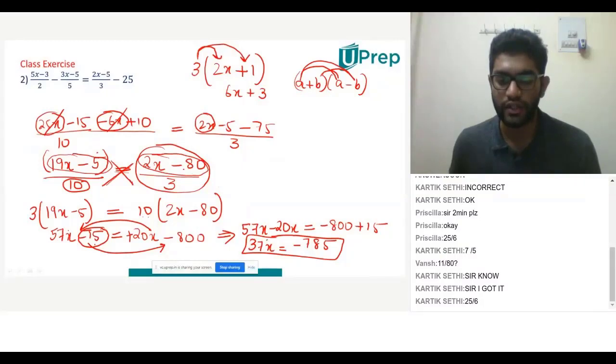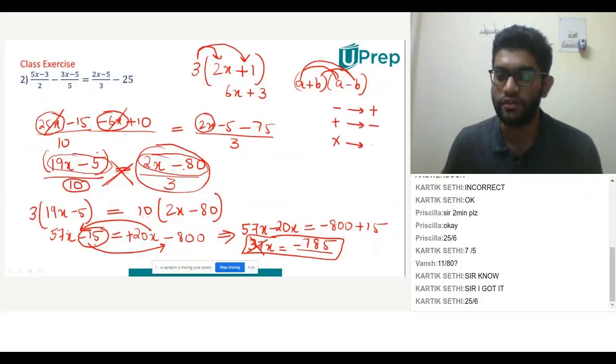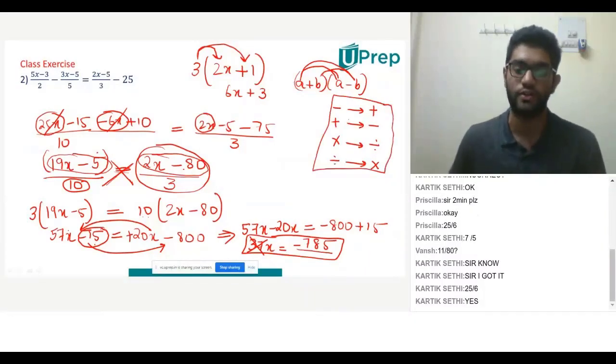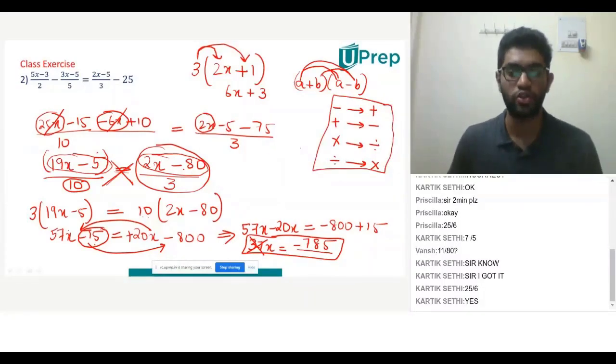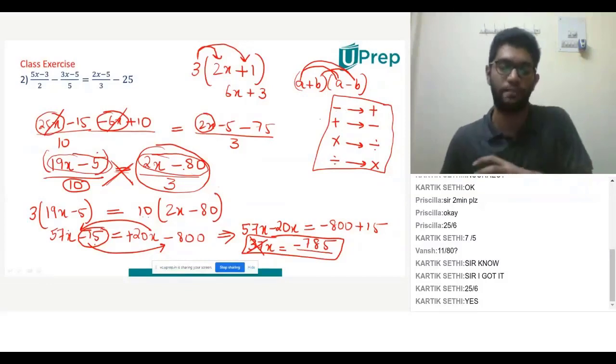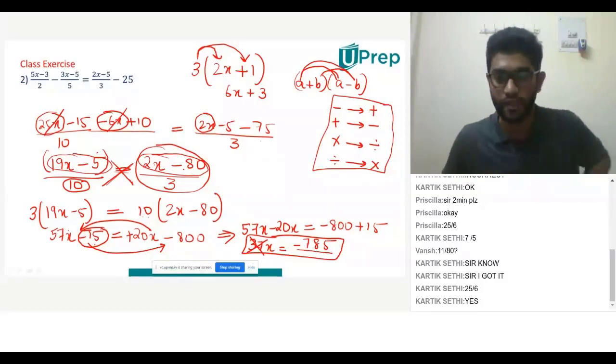So if I have to get rid of 37 over here, I have to divide it on the right hand side. Remember, minus becomes plus, plus becomes minus, multiplication becomes division, and division becomes multiplication. You've come across the change in operations in your previous classes and in my previous class. And I've also told you why these changes happen. So because the concept is clear, we're just trying to directly apply. This is where we will build on our speed.